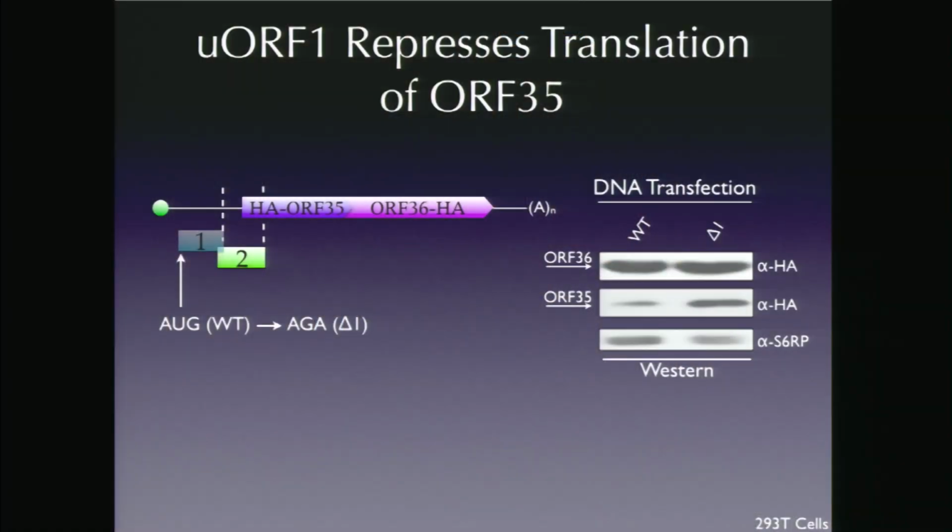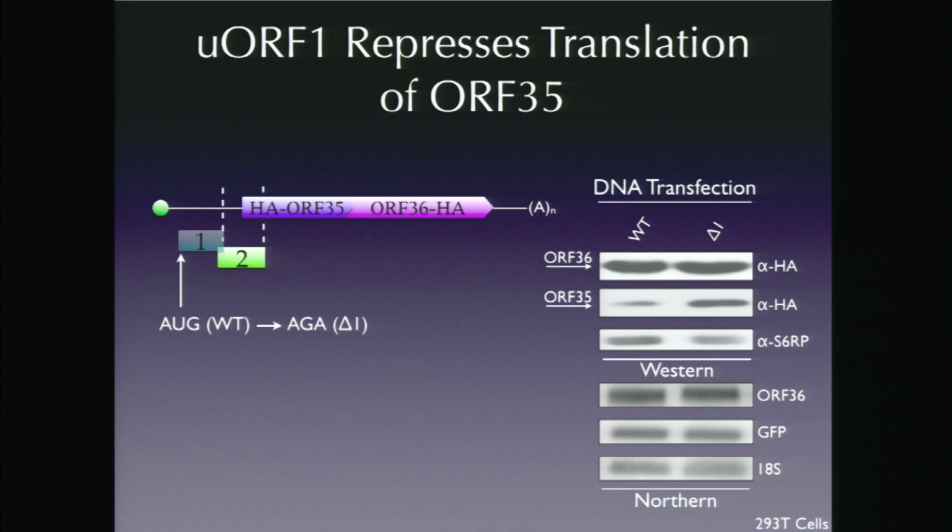And importantly, certain uORFs are known to confer susceptibility to certain RNA decay pathways. So we also did a corresponding northern blot, looking at both the transcript, which has similar transcript accumulation, a GFP co-transfection control, and an 18S loading control. So this confirms that this is at the level of the protein and not an effect on transcriptional rates or RNA